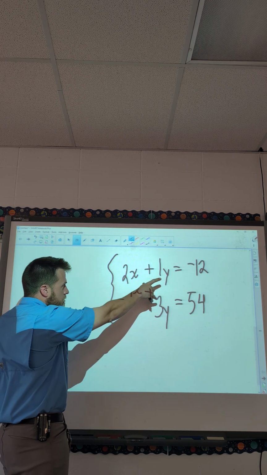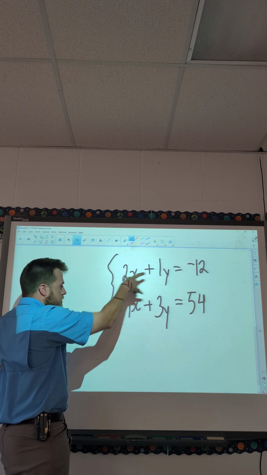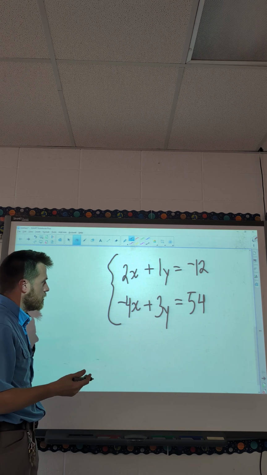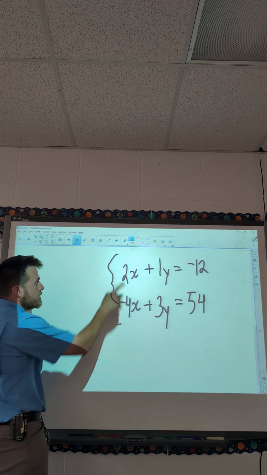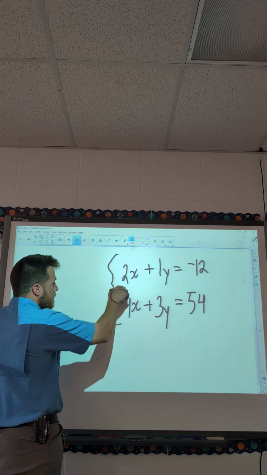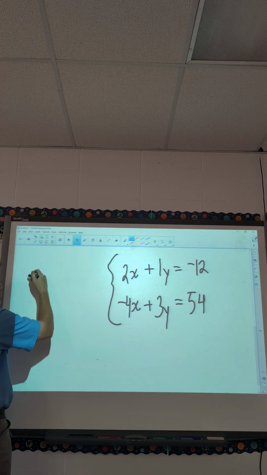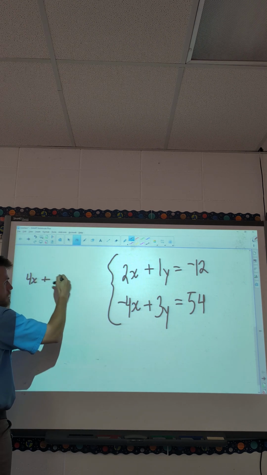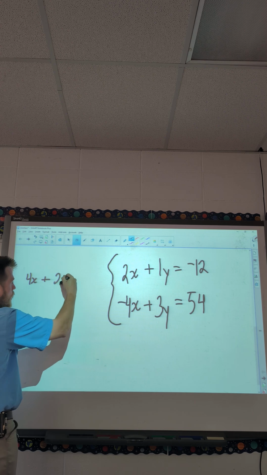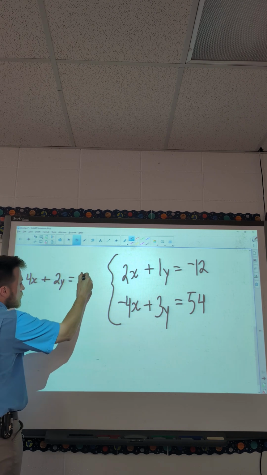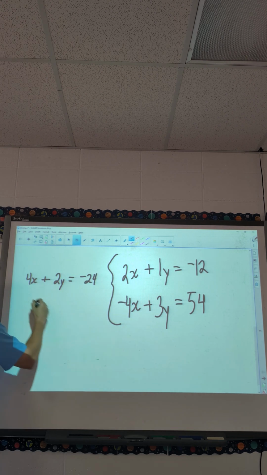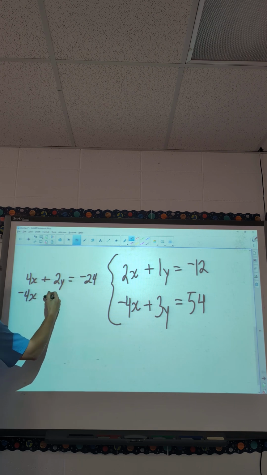Can we get either of these terms, either the x's or the y's, to somehow or other cancel out? We can do that pretty easily here. If we double everything in the top equation, then we would have on top, double 2x, we get 4x, plus double 1y, we get 2y, equals double negative 12, we get negative 24. The reason we would do that is we have the bottom equation, negative 4x, which is the opposite of 4x,